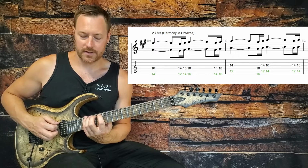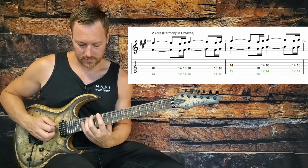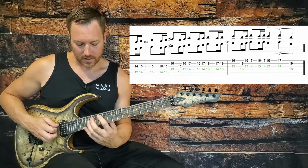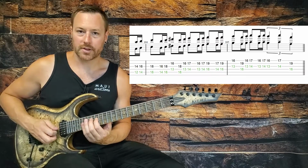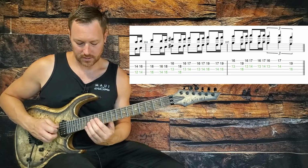Come down to 16 on the E string. 12, 14 on the A string. So we have this. Now 12, 14, 16 on A. 14, 16 on A, up to the 13th on D, come down to 16 on the A string, 13 and